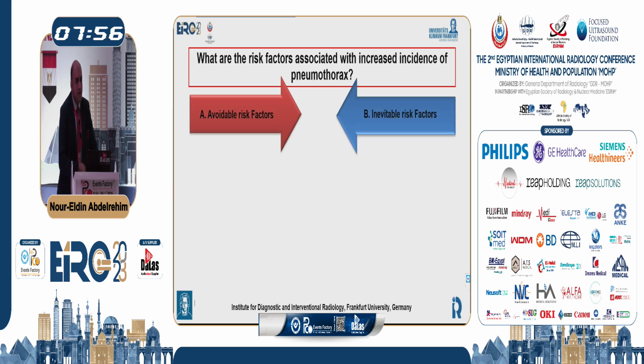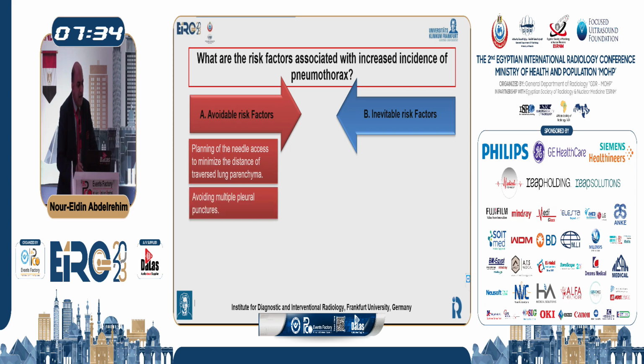So now, what are the complications that may happen regarding the biopsy? The most common complication is the pneumothorax. We have two main risk factors. One is avoidable risk factors, where you can avoid the risk of pneumothorax by planning the needle access to minimize the distance traversed through the lung parenchyma, and avoid multiple pleural punctures, so you can go through using the coaxial needle system, and avoid crossing major pulmonary fissures in the track of the needle, and of course by showing multiple cases,